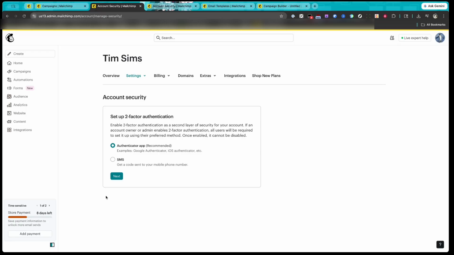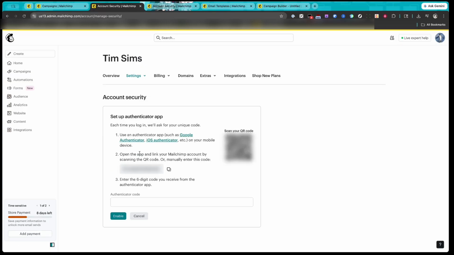Once your preferred method is set up, Mailchimp will provide you with a set of backup codes. These are incredibly important, so don't skip this step. Backup codes are your safety net in case you lose access to your phone or authenticator app. Save them in a secure location, somewhere other than your phone or email, such as a password manager or a